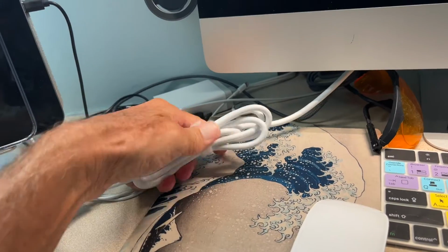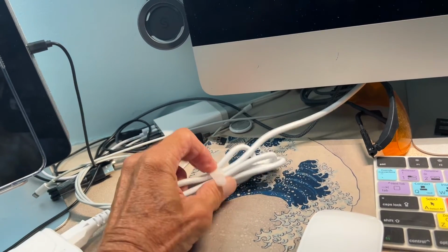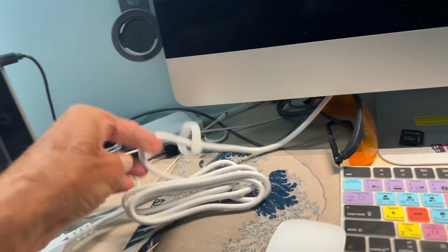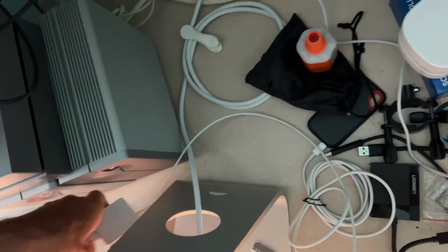Bam, and now it's ready to go. And now we can test this. Let's undo this, because we want to test this before we go, right? We don't want to get there and find out it doesn't work. So I need a little bit of cord here. All right, so I'm gonna leave this on the desk, and then I'm just gonna come back here, grab this,